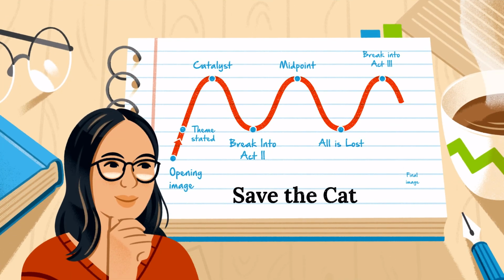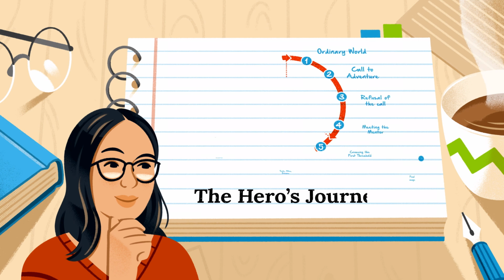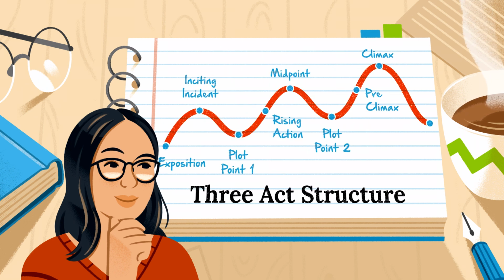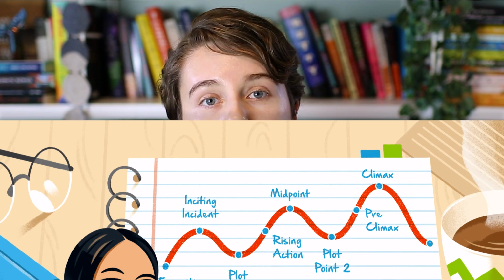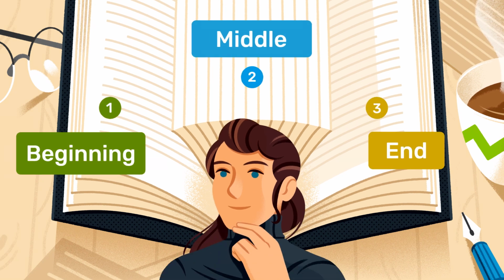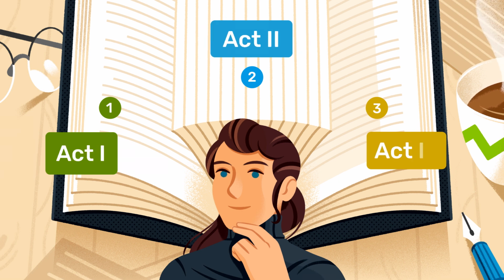The 3-act structure is the most common way of structuring a book. In fact, most other plot structures like Save the Cat or The Hero's Journey are just more detailed versions of the 3-act structure. It's a very intuitive way of structuring a book, and so most books do fall into this structure whether intended or not. That's because this structure is just based around the very simple idea that every story has a beginning, middle, and end. And since most stories do have clear-cut beginnings, middles, and ends, the 3-act structure is a very natural and intuitive way of structuring a book.